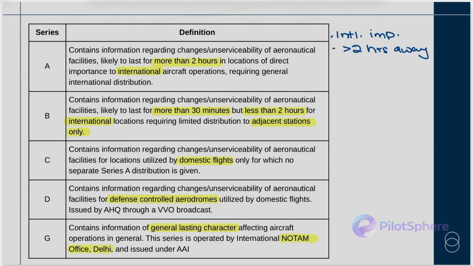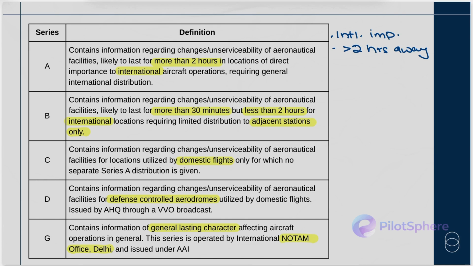It is going to be sent to those folks as well, along with the ones that are within the 2 hour period. So everybody gets it coming to that specific aerodrome because you do not know how long such an issue at that particular aerodrome is going to last. So anybody more than 2 hours out or within 2 hours is going to get this Series A NOTAM so that they can prepare for it accordingly.